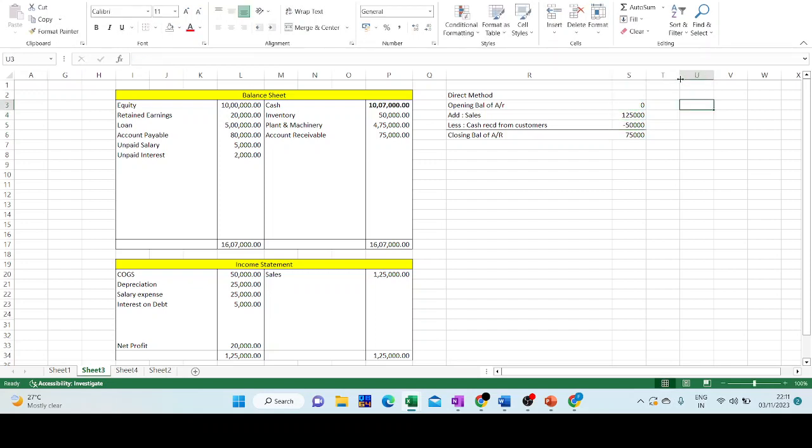So we've got the first thing, which is, so here I'm writing cash flow statement, CFO, sources of